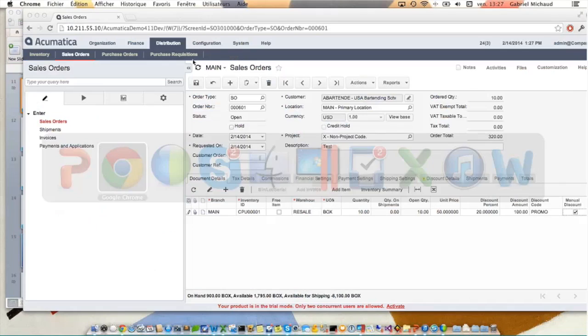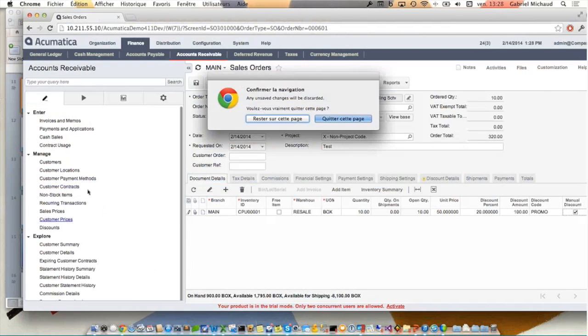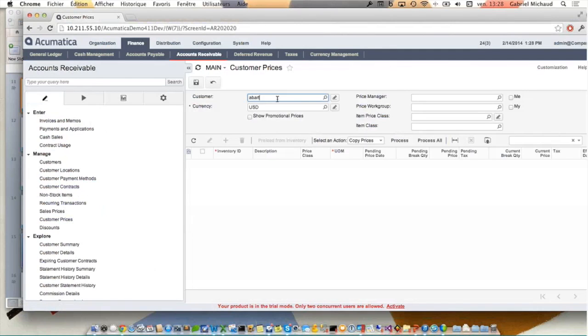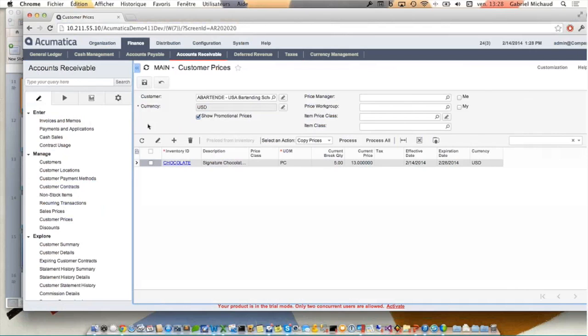So I'm going to go into customer prices. I'm going to select my customer. And since this is Valentine's Day, I will give a special price for a box of chocolates. So I've already configured a different price for 5 units or more, but I'm going to add